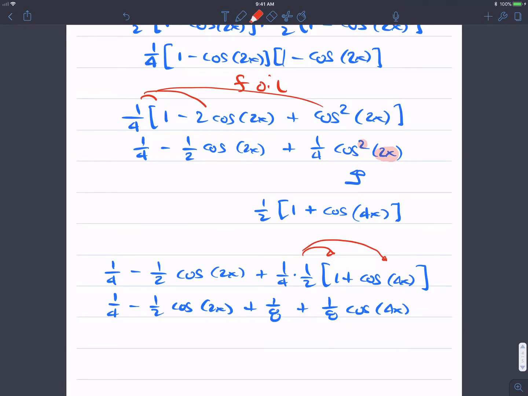Notice these two terms, my 1/4 and my 1/8, I can add. And what you've been noticing in class, what I like to do at this point when I add these terms, I like to remember how you actually add fractions. You have to have the same denominator. So I'm going to multiply this top by 2, this bottom by 2. Now what that does for me is I now get